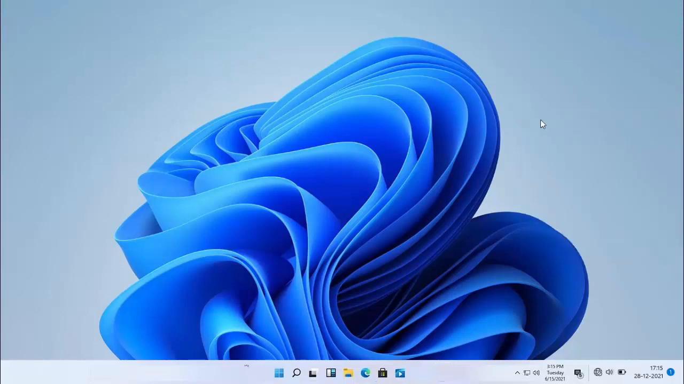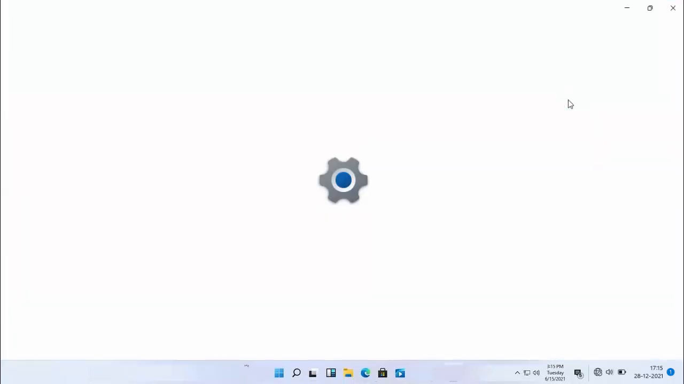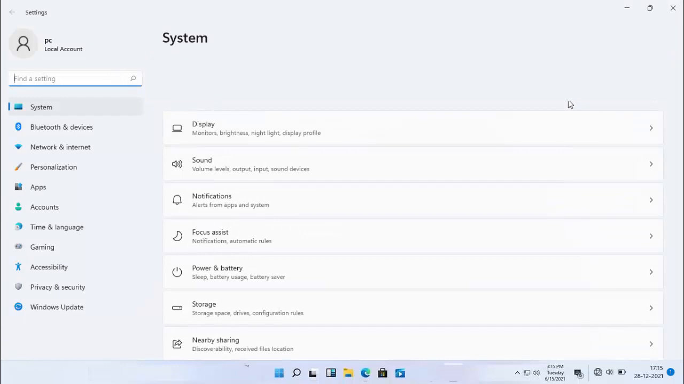Today I am back with one of the most interesting videos. In this video tutorial, I am going to show you how to change the screen resolution on your Windows 11. To change the screen resolution, first you need to open your Windows 11 settings. With the help of a shortcut key, you can easily open your Windows 11 settings. Just hold the Windows key and press I, and here you will open your Windows 11